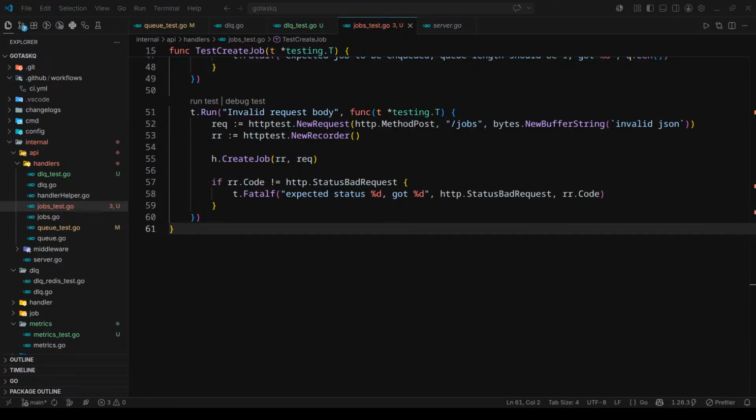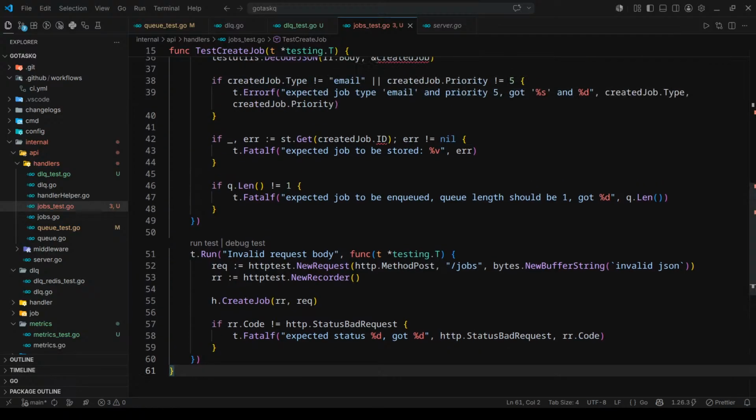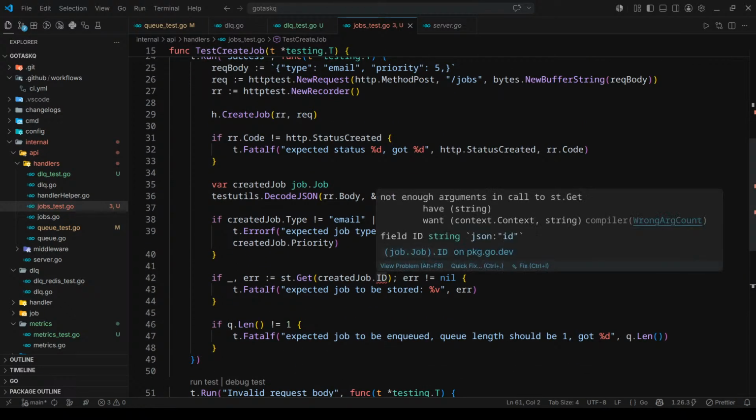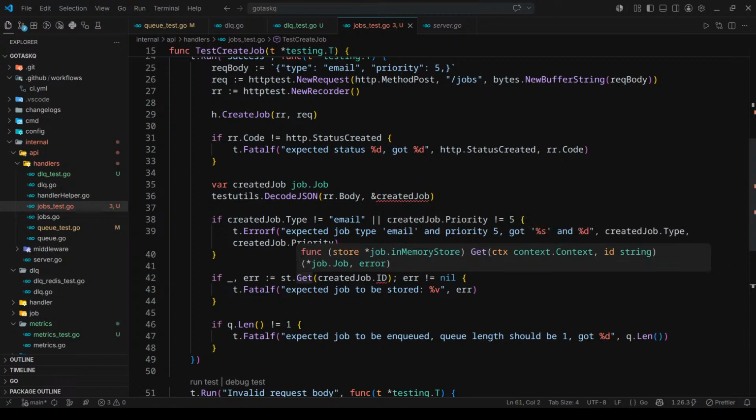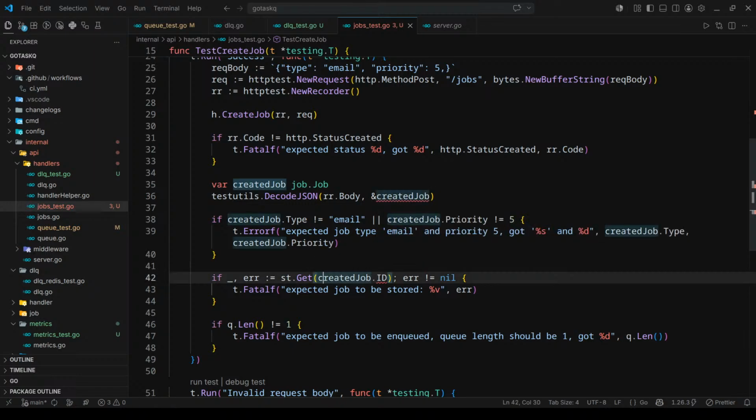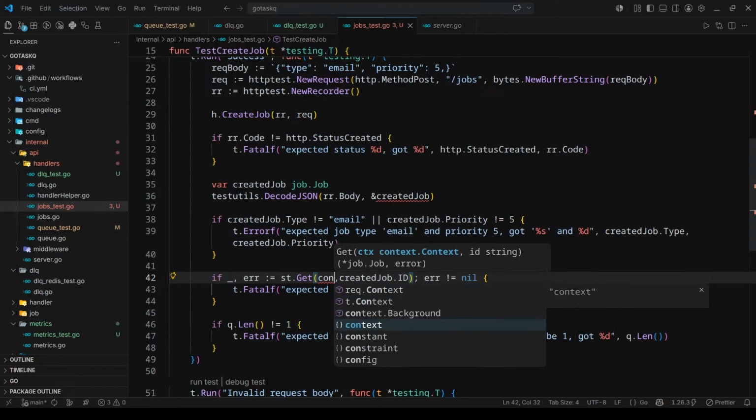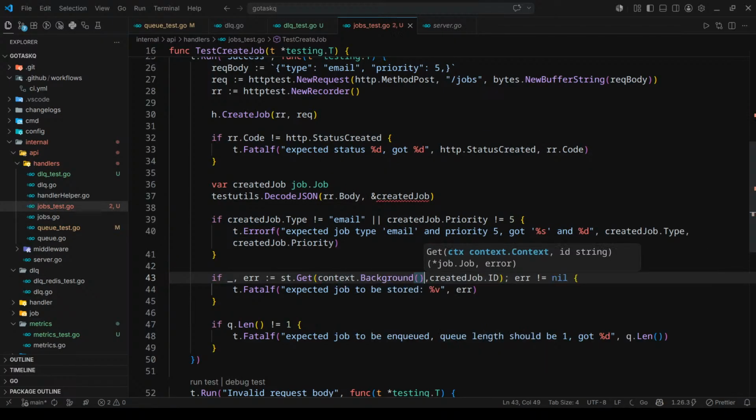Okay, invalid JSON, expected status, bad request. Let's run it out. What is this? Not enough arguments in call to st.get. It needs context too. So I'll pass now context dot background, and here